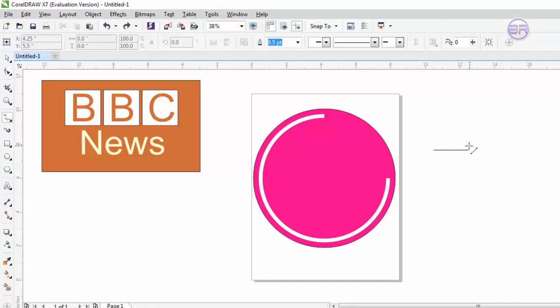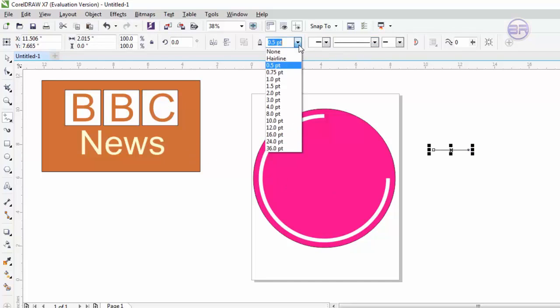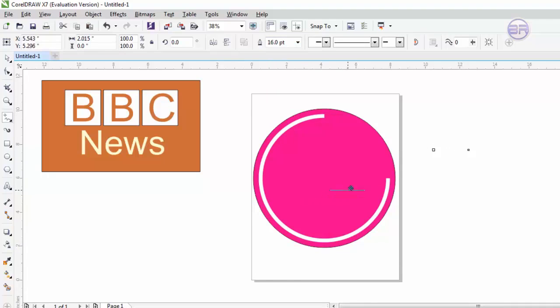we need to create a very simple line, a straight line basically. So I have created a line. Now I will just increase the size to 16 and the color to white. That's it. I'll take it here to this area, so you can see. I'll increase the size of this to here. Now the next thing is, you can see here,